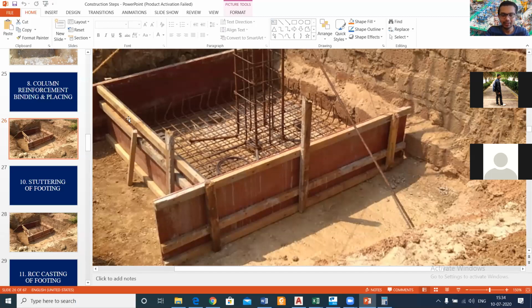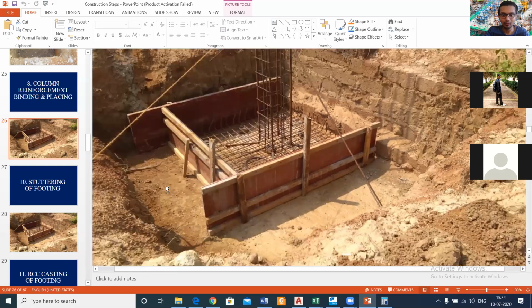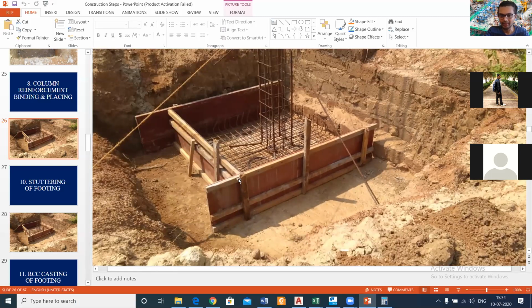Now, if the footing size is 1050 by 1050, two of the shuttering pieces have the same length as the footing, but along the other two sides we have to go for a larger length. It is almost 3 inches, or 75 mm, more than the size of the footing, on both sides.